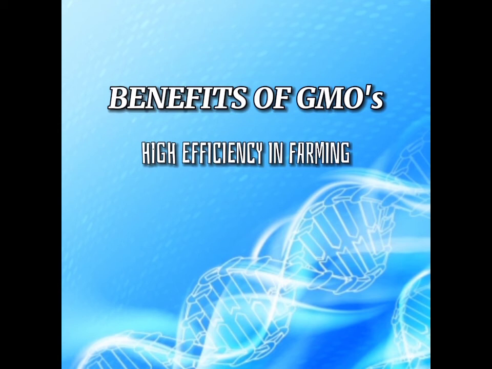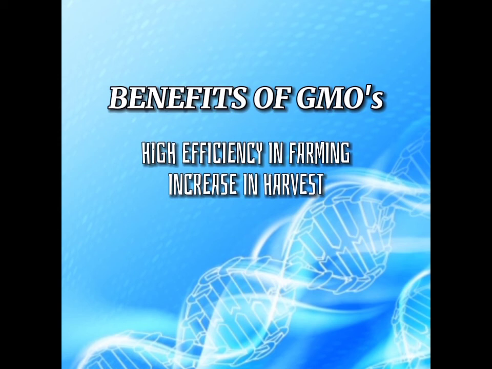Instead of using pesticides that are not good for everybody's health, they use pesticide-resistant and herbicide-tolerant crops. This prevents the plants from dying because of insects and weeds. For number 2, we have increased harvest. GMO crops are resistant to pests, and this means an increase in potential growth and harvest. When there is less pesticide damage, there is a chance to increase the harvest because no more insects will harm your plants.